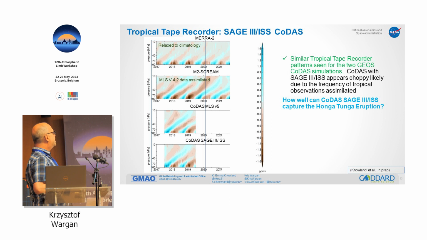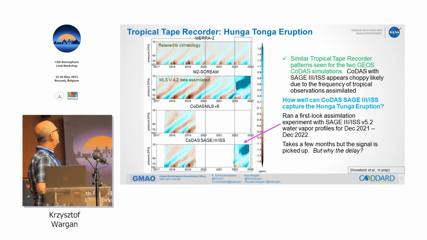This is the same, but from this MLS version 5 experiment, which will be very similar to that one. And this is the SAGE III ISS assimilation experiment, sort of in the early period. And now, what happens when we have, in 2022, the Hunga Tonga eruption? Well, this happens. We suddenly have plenty of water vapor in the stratosphere going up here. And this is very well represented in SCREAM, as expected, but it is also represented in the SAGE III ISS